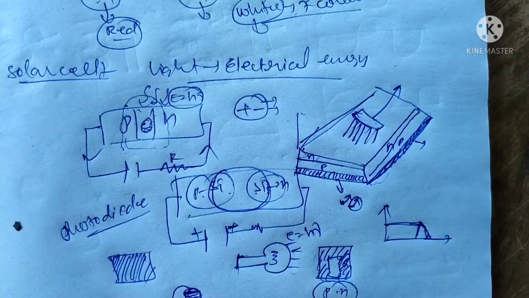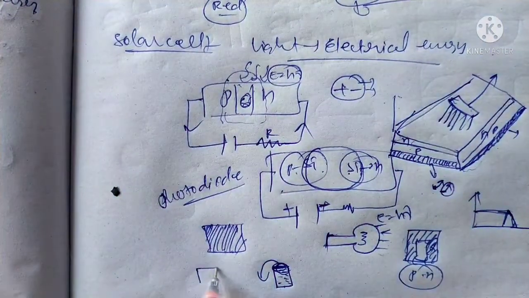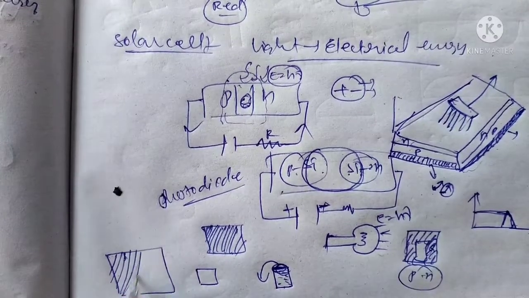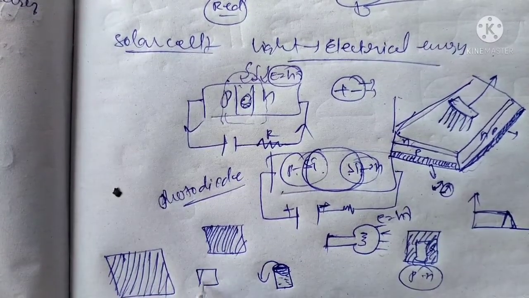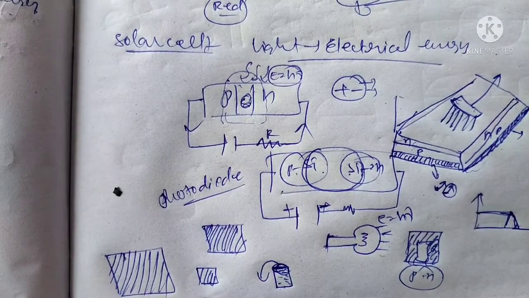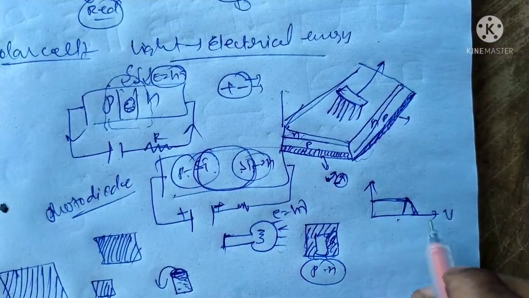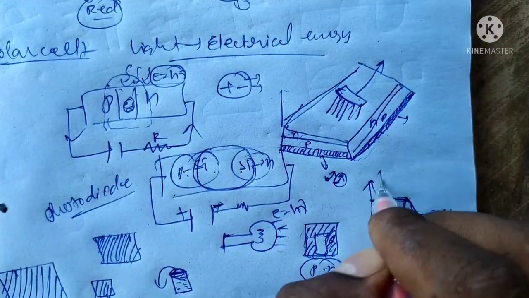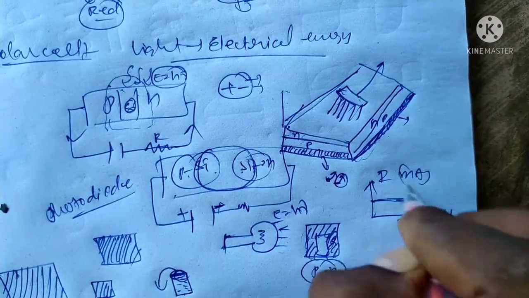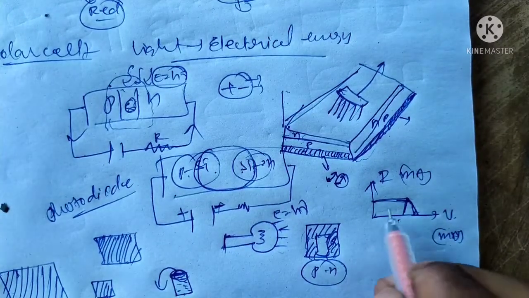In the same way, there is a capacity. Some solar cells are sized like this, some like this, some like this. That is the size of the material. A solar cell of this size emits current up to this maximum voltage. We can draw the VI characteristics of a solar cell, which is current versus voltage, with current in milliamperes and voltage in millivolts.